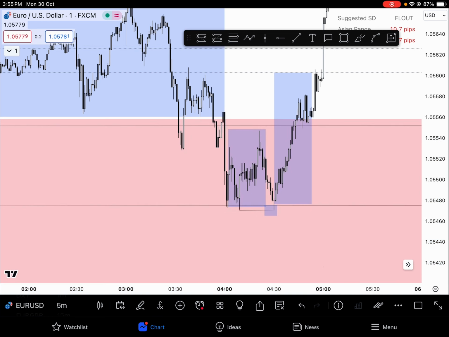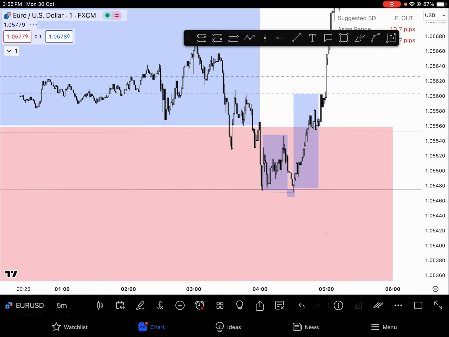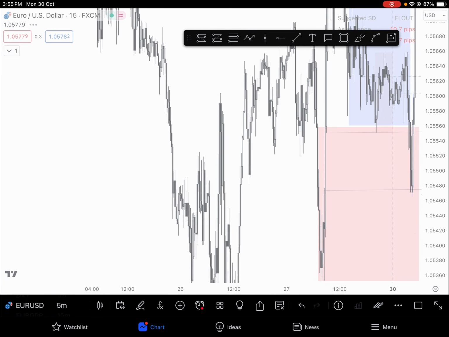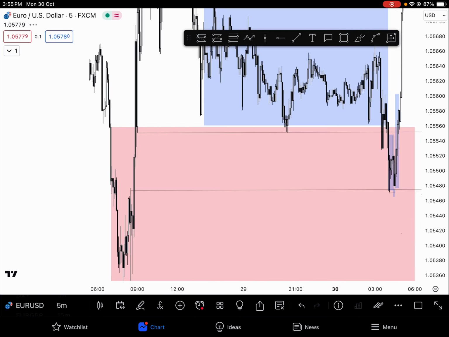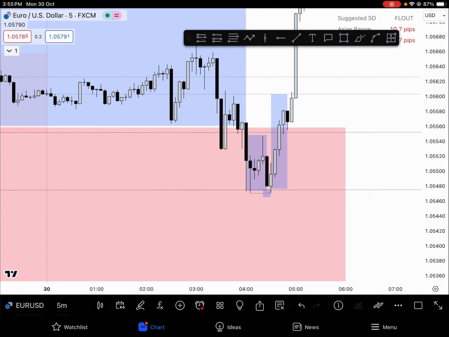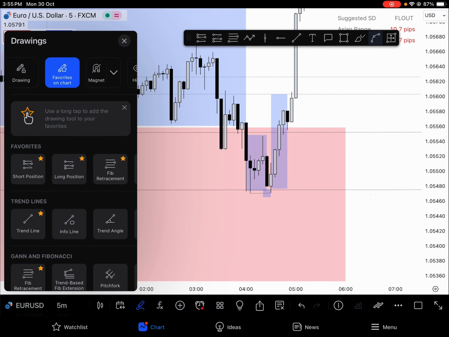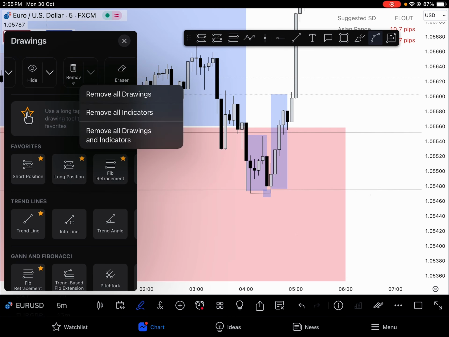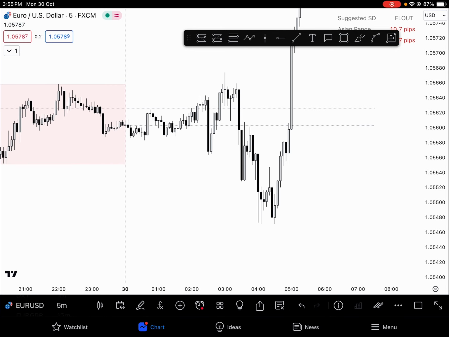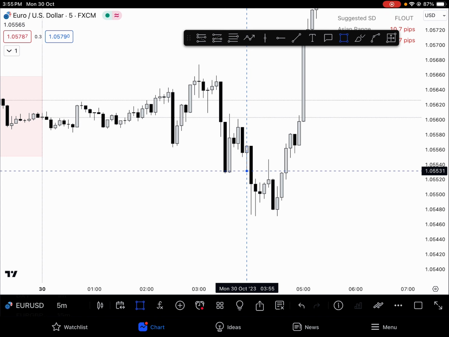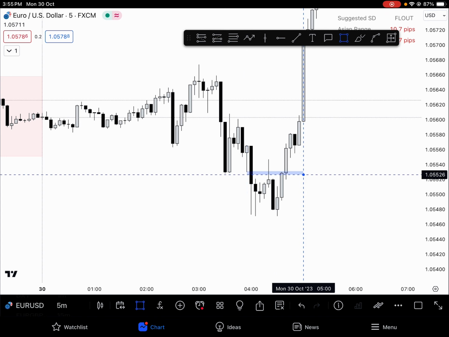Now let's come to the 5-minute time frame, and I will show how I could have entered here. Internet is slow. Now you see here, let me remove all the drawings to make these things very clear. Now if you see, the moment price invalidates this fair value gap, that is the inversion. Then only you look for the trades.